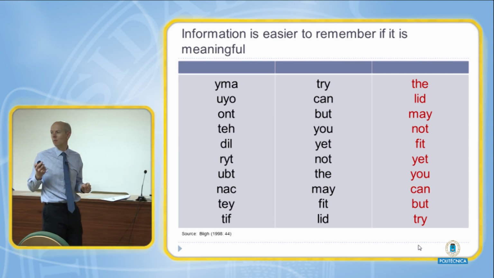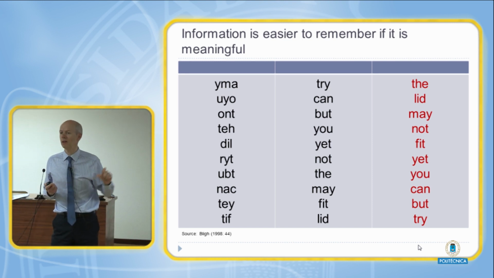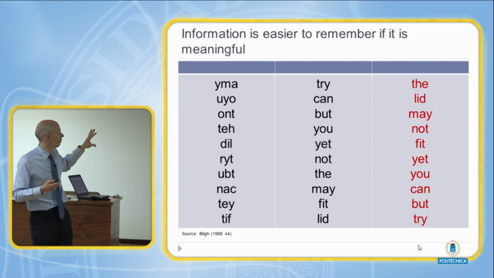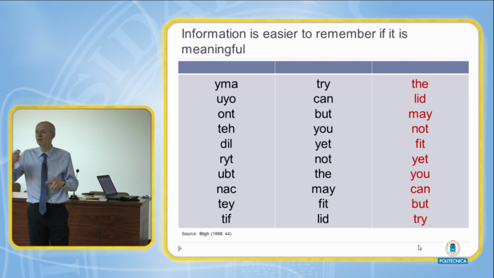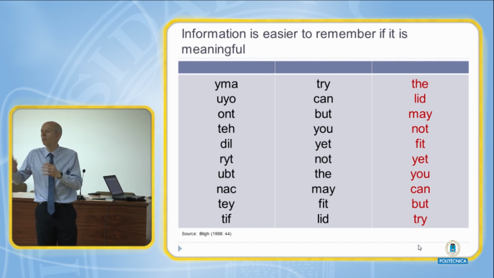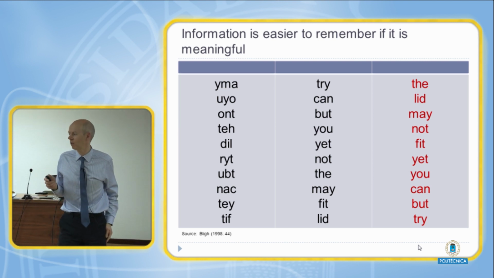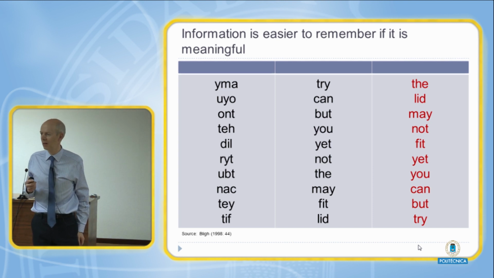So there is some meaning in the list on the right, whereas the first list has very little meaning because they're not words. The middle list are decontextualized, just jumbled words, quite difficult to remember. So that is a very important principle, not only for language learning, but for any subject. The organization of information is essential.